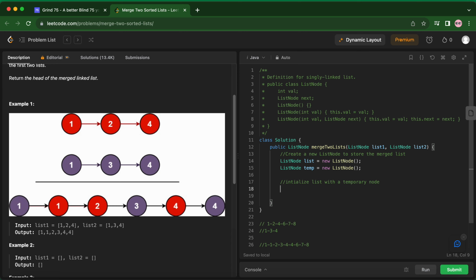Okay, so we'll say list equal to temp. That means this list is right now pointing to temp. Right now both of them are blank, they are not doing much. Let's move forward. Now one by one we are going to iterate through both of these lists, and we already have the nodes, node 1, node 2,